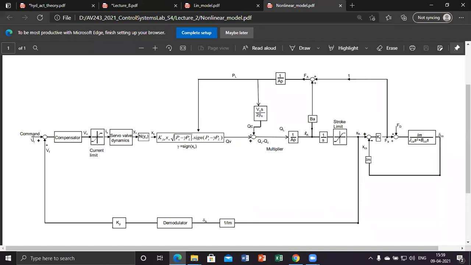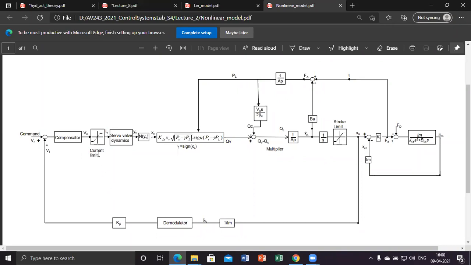Now when you generate the command here, you normally require a deflection command in radians, and you multiply that deflection command by the same Kp to get the equivalent voltage command. So you can take both these Kp from the forward path and the feedback path together into the forward path. And here we can directly give delta C as command and delta A as the feedback, or delta F as the feedback, because we have to take a demodulator always only in the denominator.